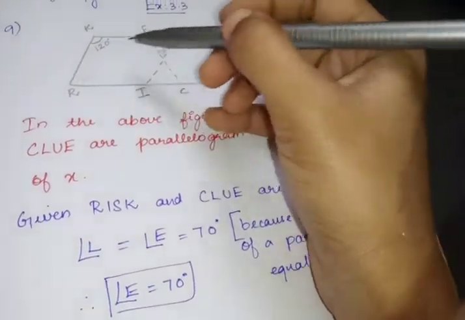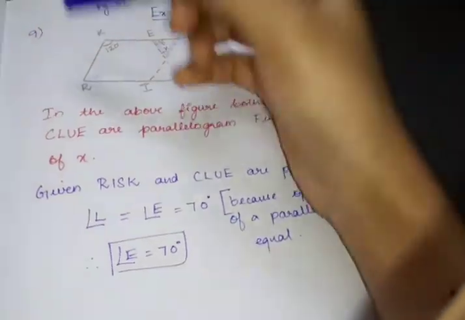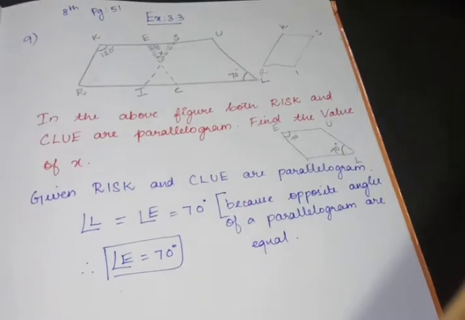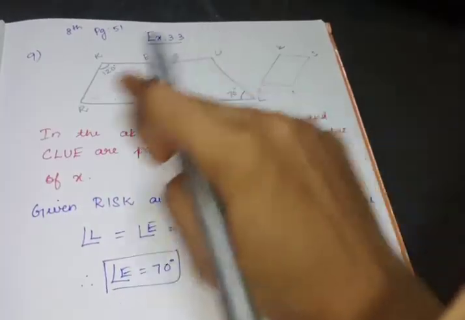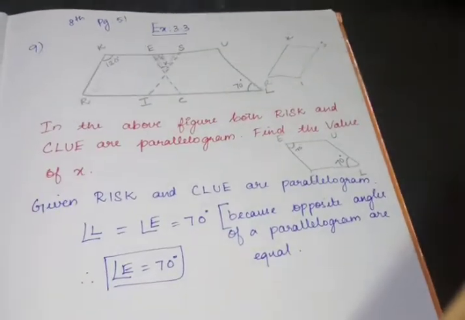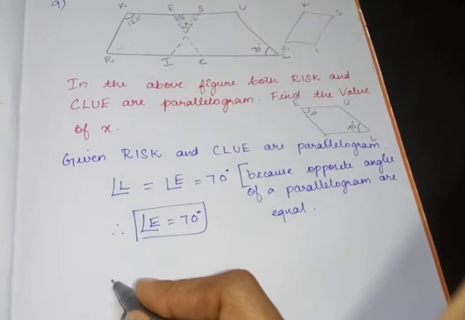What we have to find? We have to find the value of S. Once we find the value of R, then it will be easy for us to find the value of S. Yes, because R and S are opposite angles of a parallelogram. So first shall we find the value of R? Yes. So first,